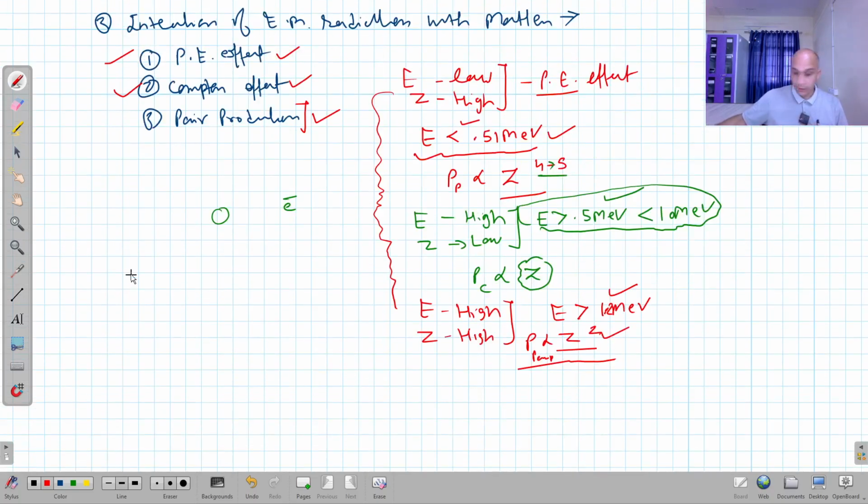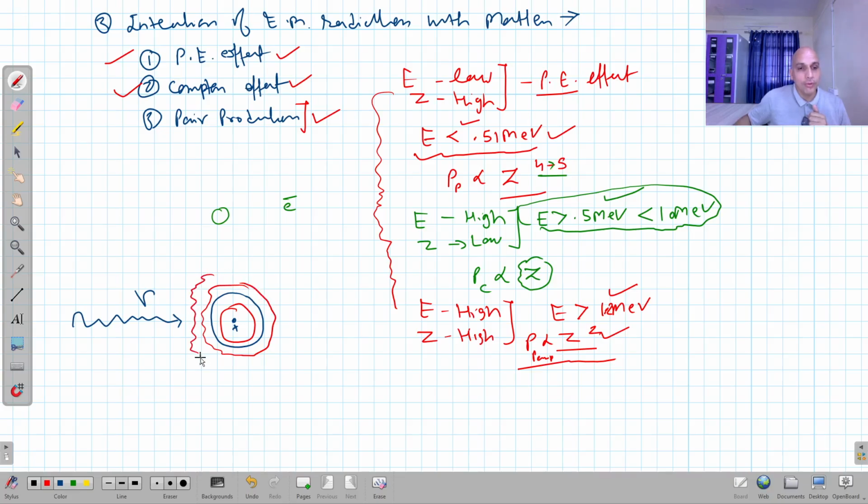Now what is pair production? Pair production means when a photon, particularly a gamma ray photon, is passing through a medium and comes close to an atomic nucleus that is positively charged, with electrons revolving around it, as you can see here. When this gamma ray photon comes close to the atomic nucleus, in the intense electric field of the nucleus, then there is a probability that this gamma ray photon can convert into